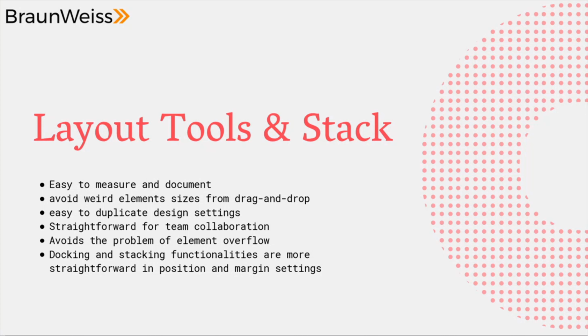In other words, if we have an image that is in large pixels, it will go beyond the border in tablet views and phone views. That's why having a 60% width means that it will stay in the same section with 60% of the size of the current section. And on the other hand, docking and stacking functionalities are also more straightforward in positioning